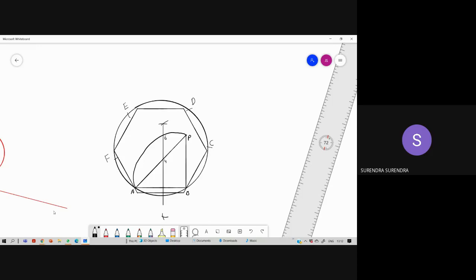Suppose if you want a pentagon, by the same method, we now have only points 4 and 6. So again draw the perpendicular bisector for 4, 6. Taking 4 as center and with some convenient radius more than half, draw an arc on both sides of the line. Next 6 as center and same radius, cut these previous 2 arcs. Now if we join these 2 intersection points, we'll get a perpendicular bisector for 4, 6.